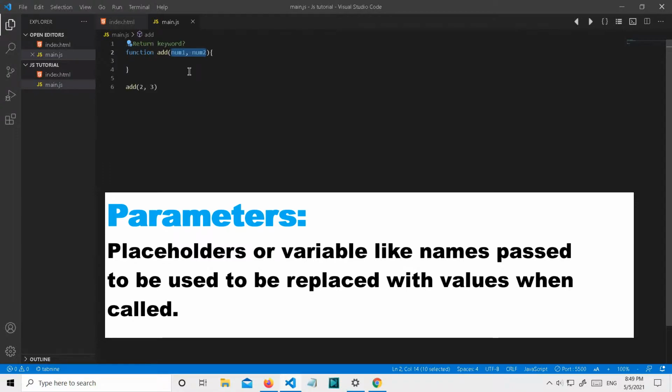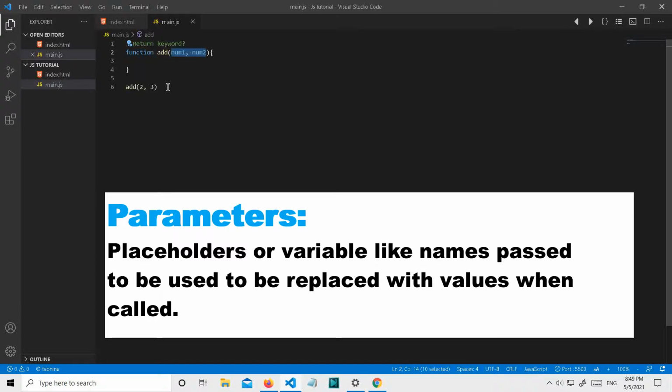Sorry, I always say curly brackets by mistake; I mean round brackets. So inside the round brackets we give the empty variable-like names. They are not actually variables, they are like variables passed inside the function declaration.